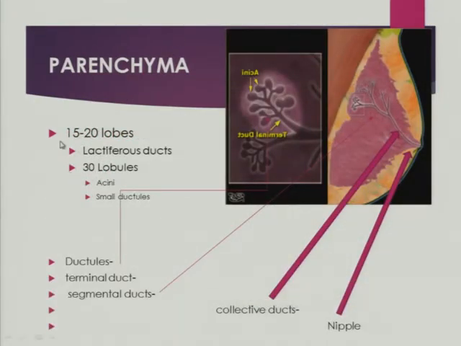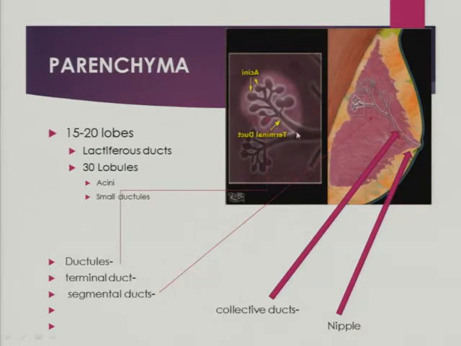The parenchyma consists of 15 to 20 lobes and ducts, small tubes that carry the milk towards the nipple. Each lobe has approximately 30 lobules, and this is a lobule, and each lobule consists of 10 to almost 100 acini. Those acini are small sacs that actually do the job, actually produce the milk. Each acinus has a small duct that takes the milk into